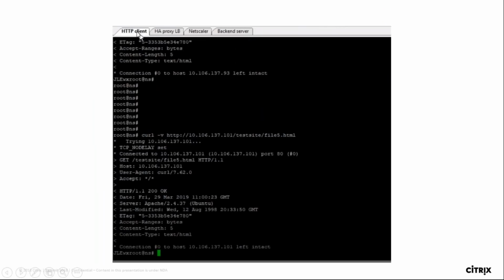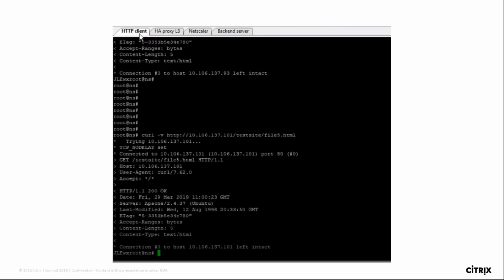Now, when the HTTP client sends the request to the .101, which is HA proxy, after sending the request, you can see that it has replied back with the appropriate response.